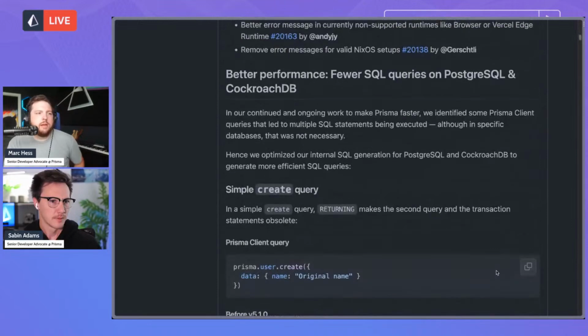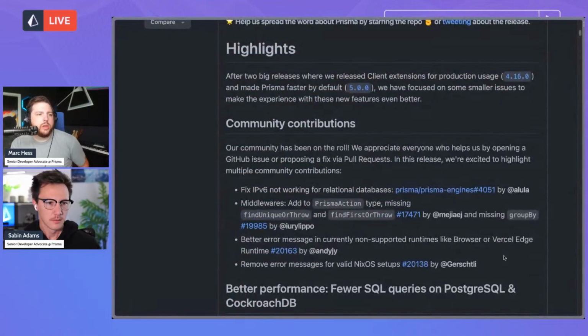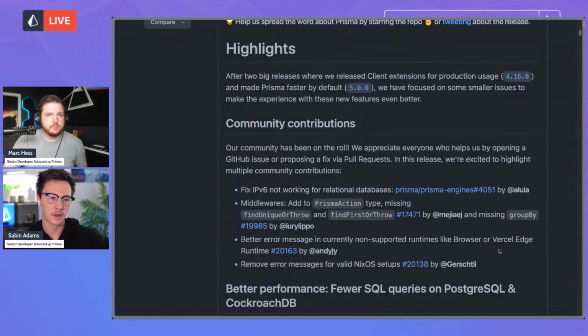I have a question though about that. What goes into us determining what we're going to merge into a release, and how can people add to Prisma, and what do they need to think about when they're building something to add to the open source community? Yeah, so with these, normally it'll start off as an issue or a pull request, and